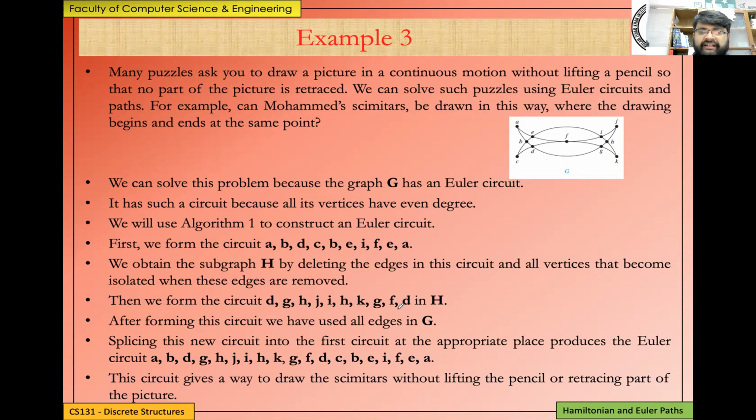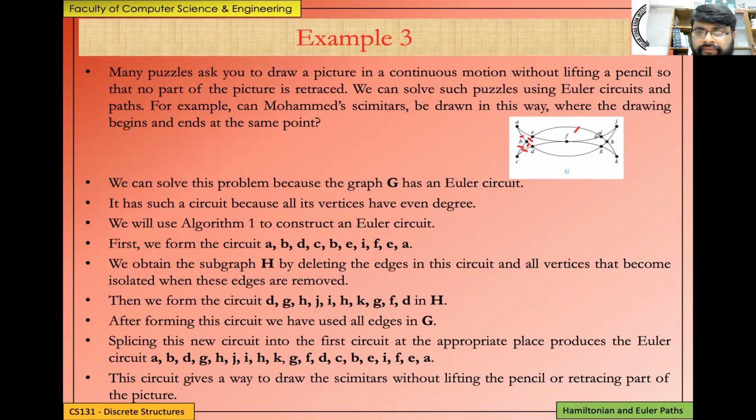Let's say the first circuit that is formed is A, B, D, C, B, E, I, F, E, A. So A, B, notice the edges that we are going to use. A, B, right? Then B to D, D to C, and C to B, right? So this one is being used, and then B to E, this one, and E to